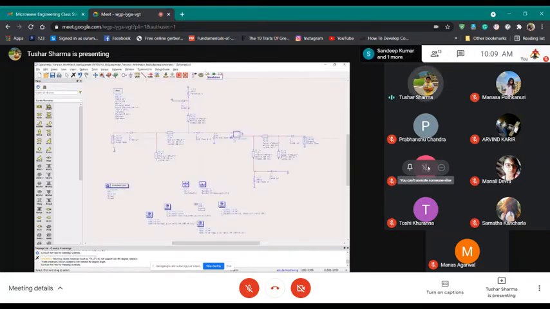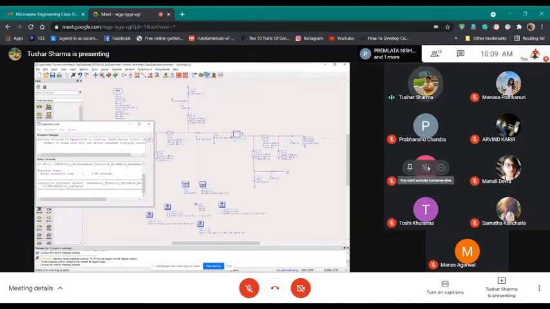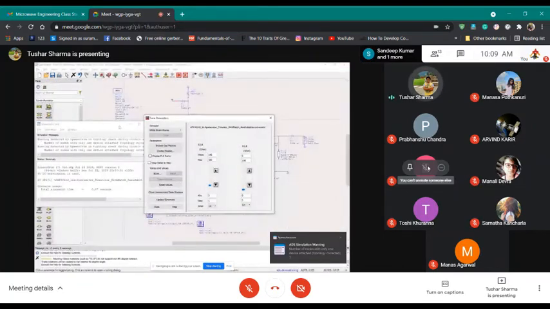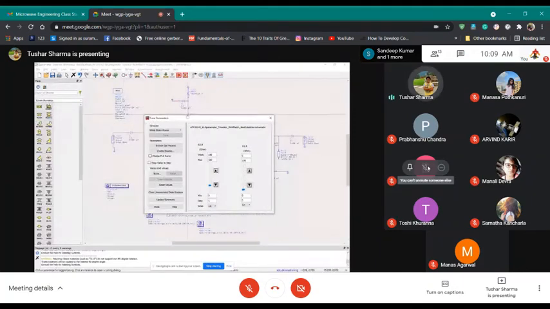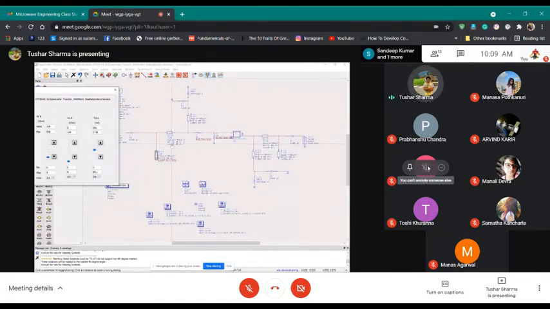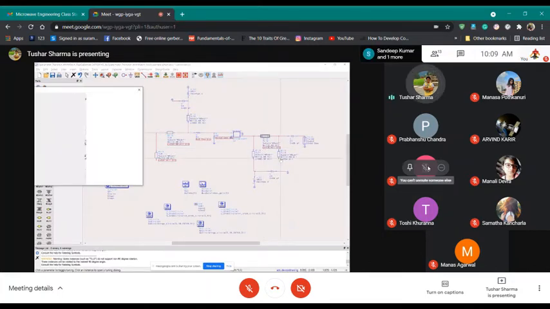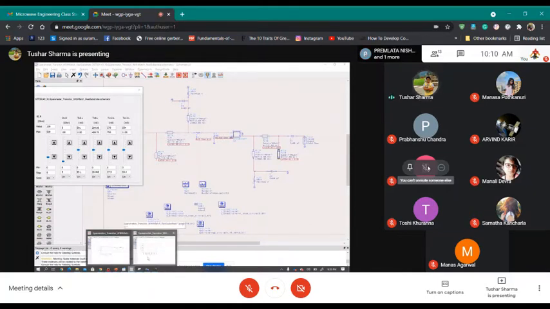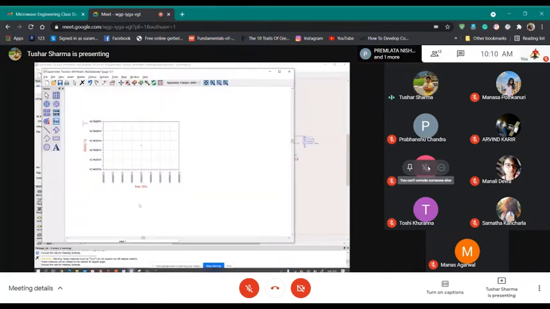If you want, you can click the tuning knob button and try to tune your circuit. Basically, see if your gain can be increased. What we want to tune is the length, because widths are fixed. We won't change the widths, but we can change the length of the matching circuits. There's no point in changing the length of the lambda by 4 line because it's fixed. But we can play around with the length of the lines and see if we are able to increase our gain a bit. So it's around 16 here.